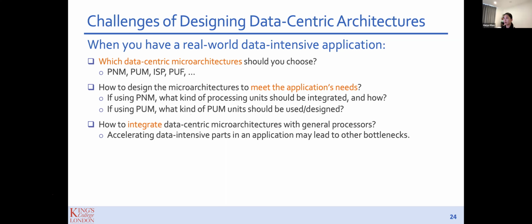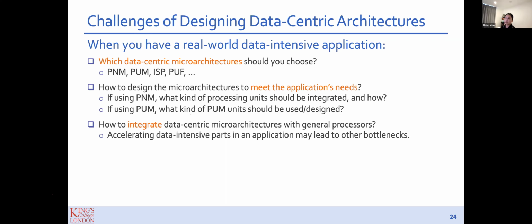Yes, exactly. Because currently, current technologies cannot really support all of the operations. For example, for processing near memory, the processing units are quite weak compared to the CPU. We can sometimes compute some fixed point numbers, but we cannot really support floating point numbers. And for processing using memory, there are more limitations. We can only support several operations that I mentioned before. There are many other operations that either need to be transformed into those kinds of operations, or you need to do it in